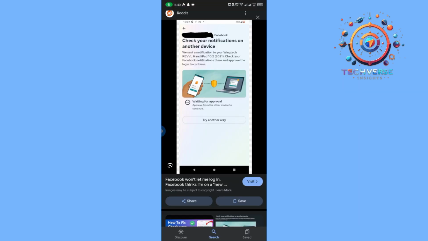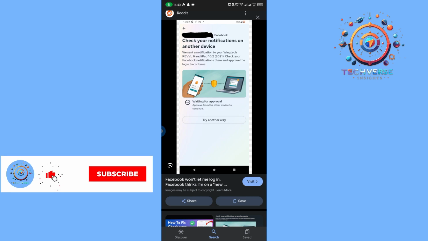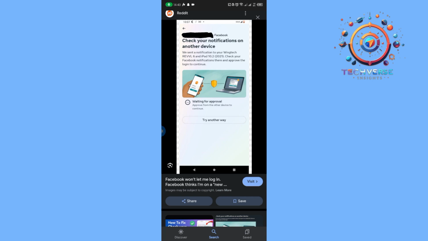The notification may come up in this type of way as we are seeing here on my screen, and as you can see, it may say that we have sent a notification to the device that you first logged in to your Facebook account on, and it might tell you to check the Facebook notification there and approve the login to continue, on which we may have to go to either our laptops or iPads to confirm this notification, or we